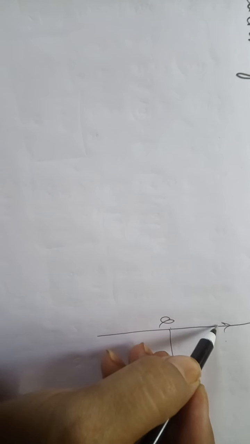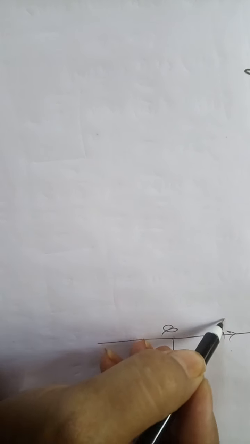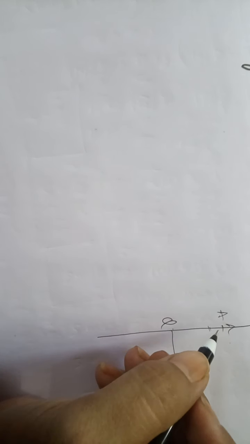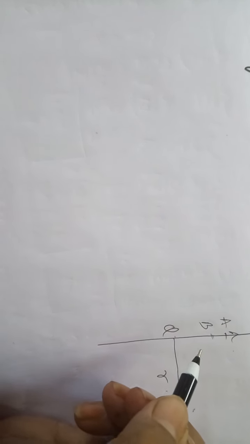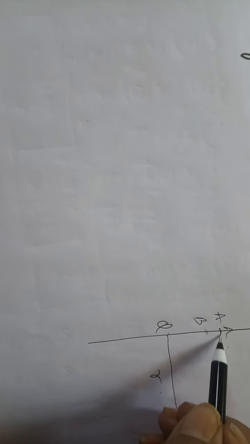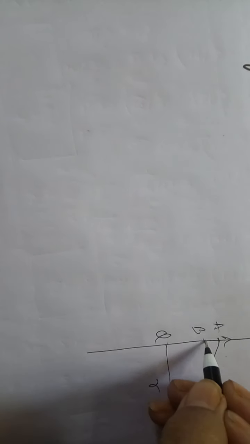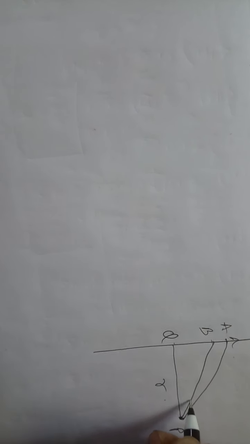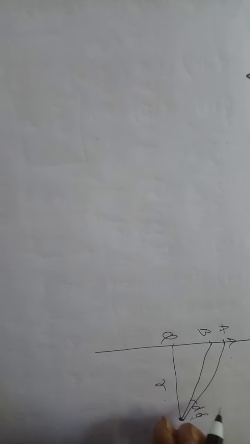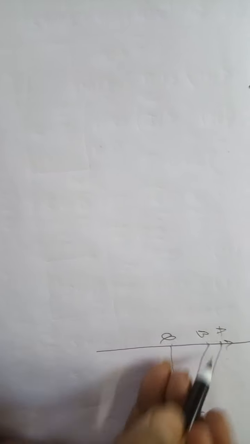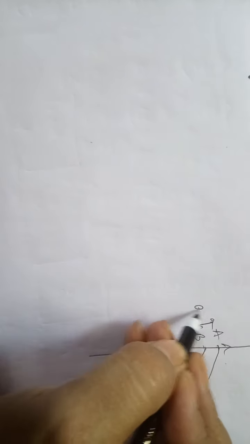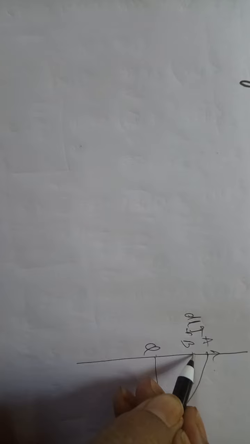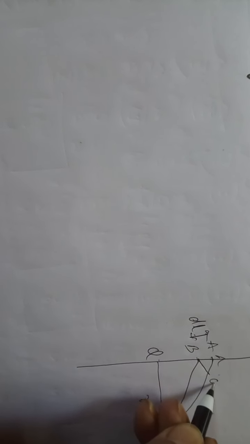Okay, so we will assume a current element. This is the current element that we are considering. Let us assume we have taken it as AB. AB is the current element, and it will subtend an angle at this particular point. Let the angle which it is subtending be d phi. This element is of length dl. Okay, and let us drop a perpendicular from point B to this point G.